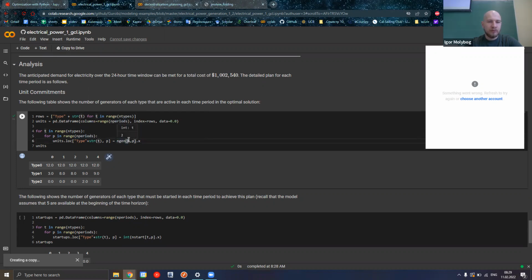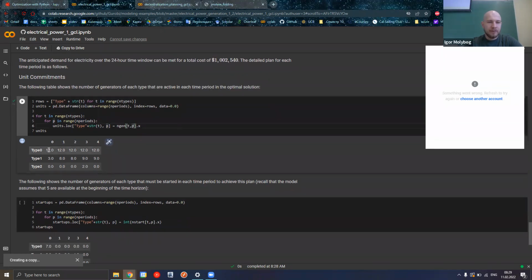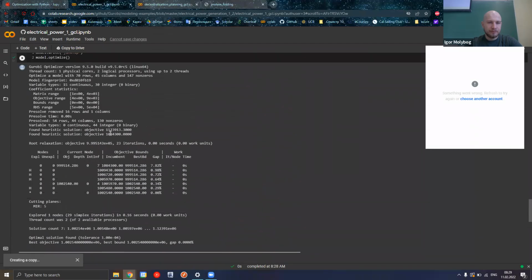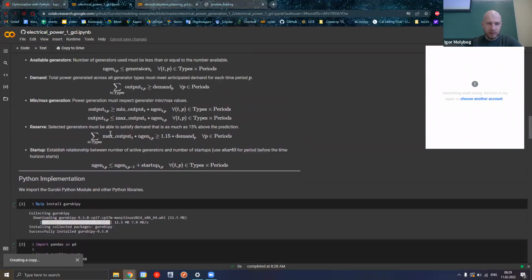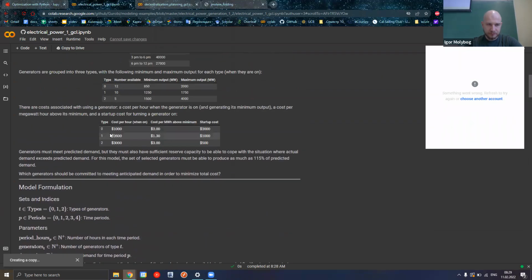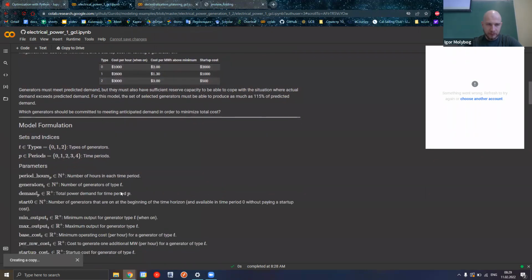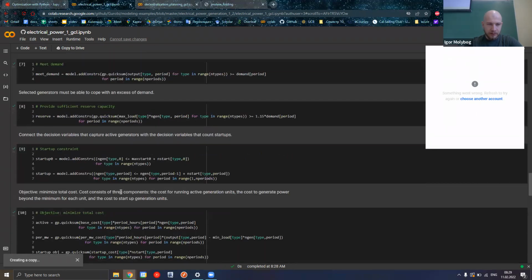So essentially for each type of the generator, for each period, we need to know how many generators are on at each step. So we can see that type 0 is being operated all the time at the maximal number, the maximal capacity, right? Because we had 12 of them in total,